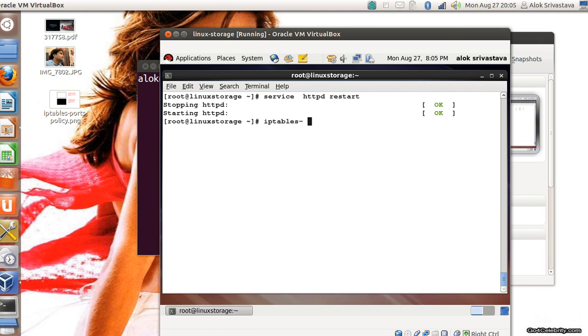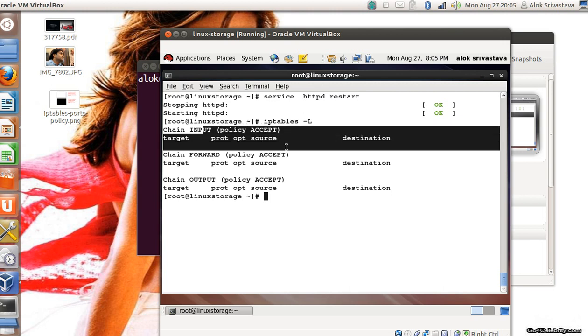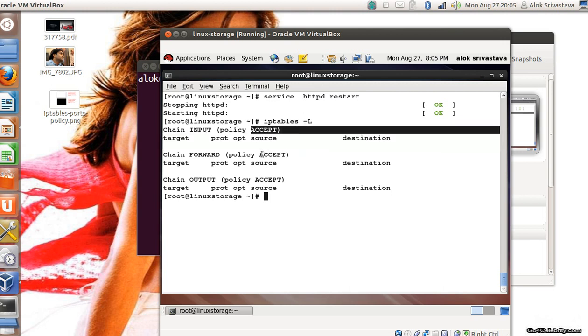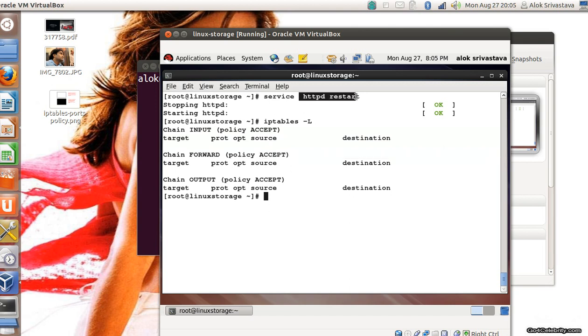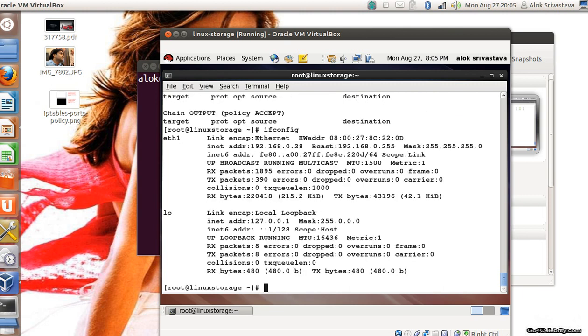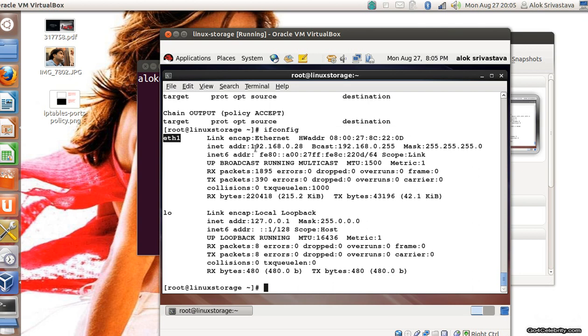And by default, I want you to pay attention, as the video might be slightly longer. If I give iptables -L for listing, you see that by default I had flushed out everything, and the default policy is accept. When the default policy is accept, it means my Apache is accessible from the outside world. Let me try this. I'm running on eth1, and my IP is